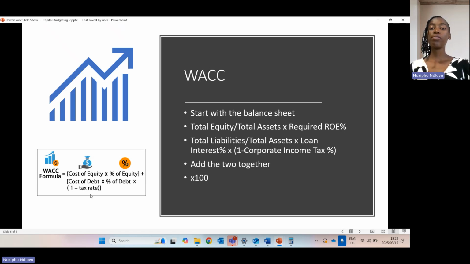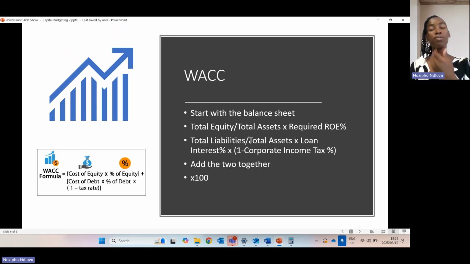The tax is important for us to know how much we need to pay in taxes, because remember, you might have cash flows, but if you're still not considering the amount of money that you need to pay for tax, you are not getting a clear picture. So we need to know exactly how much we need to pay for tax so that we can remove that from the money that we are expecting as our cash flow. You will see this as we do more and more calculations.